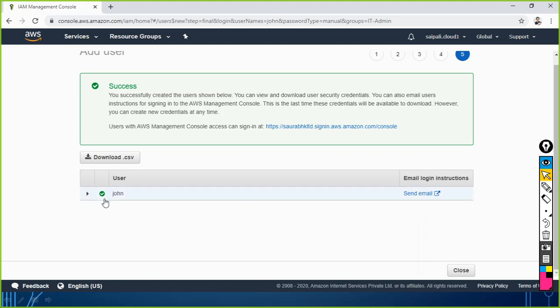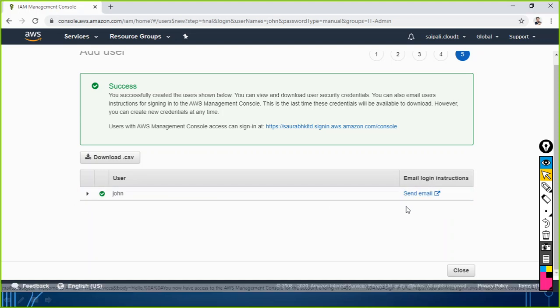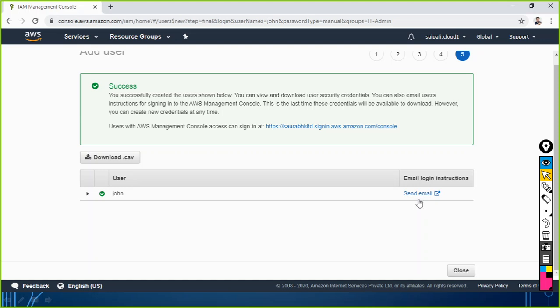If you know the John user account's email ID, you will just click on send email, and you will send this information to John. He will receive this update in his mail. He will get his username and password, and by that he will be able to log in. Or you can also download this CSV, attach it, and send it there. And he is going to log in with his credentials at this link. You remember you have set a custom link,